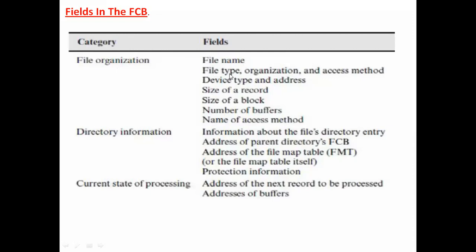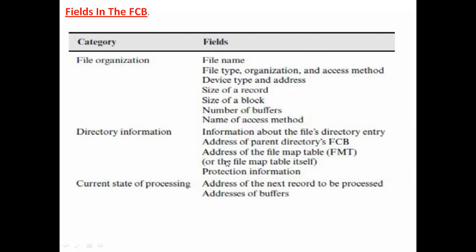Suppose it is a C language file, I can have the extension .c, or if it is a Python program, I can use .py, etc. Also the access methods, the device type and addresses, the size of a file, size of the record, size of a block, the number of buffers used to store the files, the name of the access method, etc. And regarding the dictionary information also, we have these fields.